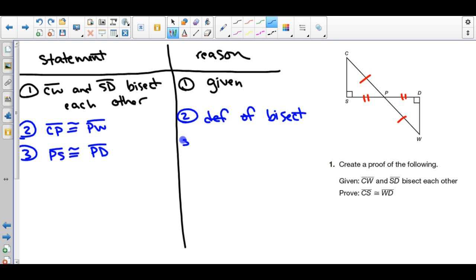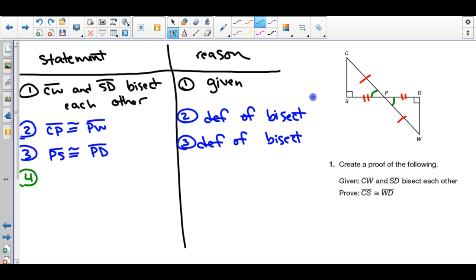So now I have two sides. Again, this is definition of bisect. So now we have two sides of each triangle so far. In order to make this proof, I need one more piece of information. I can use the fact that angles S and D are right angles, which means that these are right triangles, and then we could use the HL theorem, but that sounds like a lot of work, and I'd rather do less writing, which I think would be if we decide that these angles in the middle are congruent because they